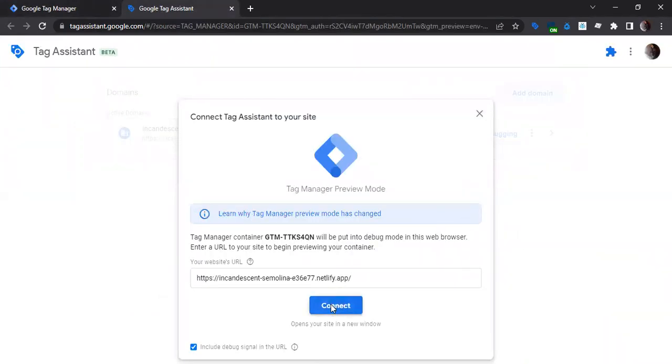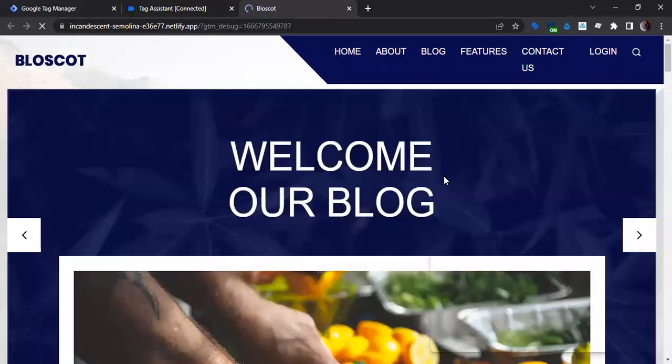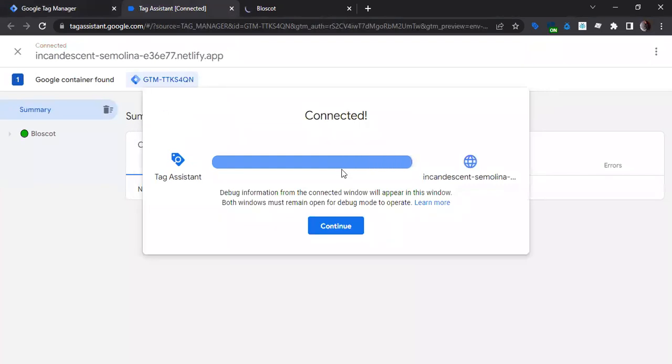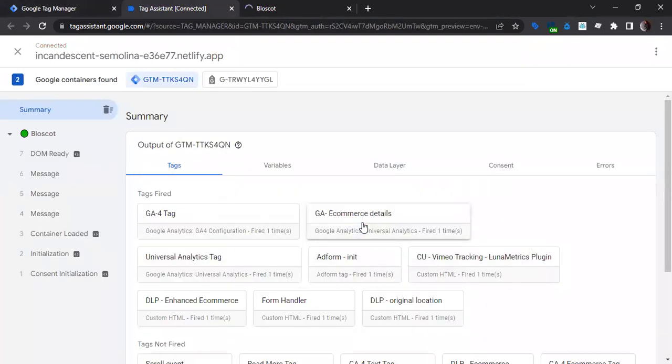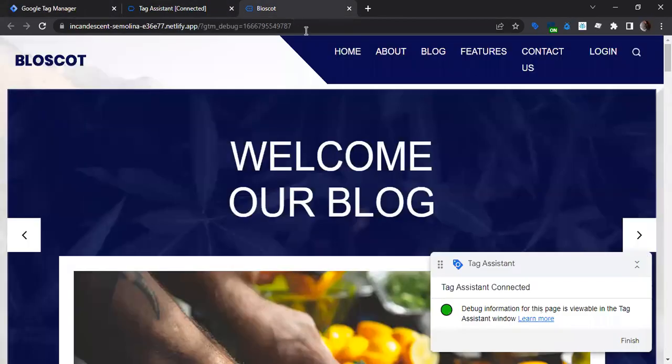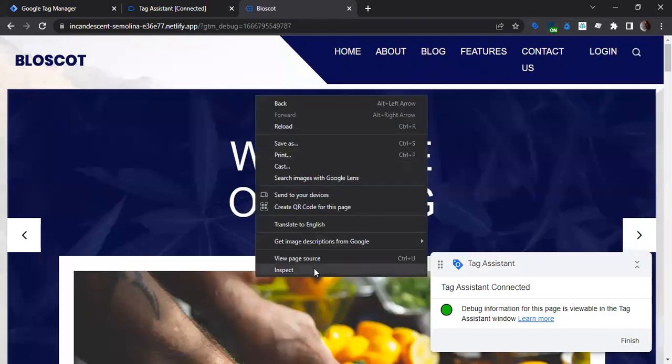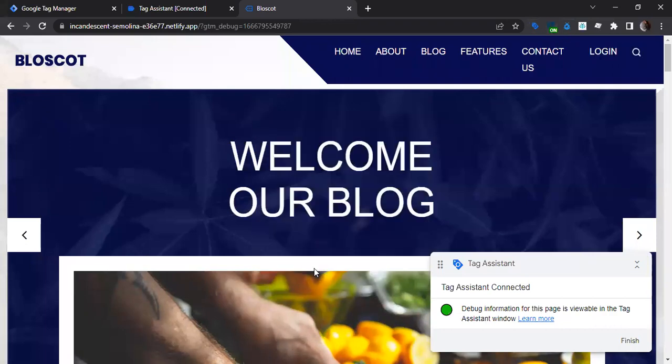Let's click connect. Our website is open. Now we have a Tag Assistant that is given to us by Google Tag Manager. But for now, we will look at the extensions. So let's go to the website. We will first look at Datalayer Inspector. So let's go to inspect,